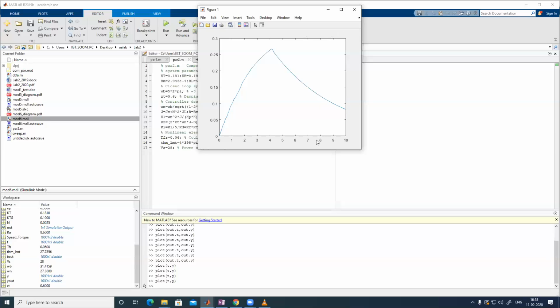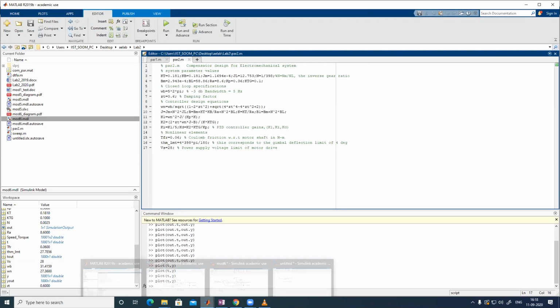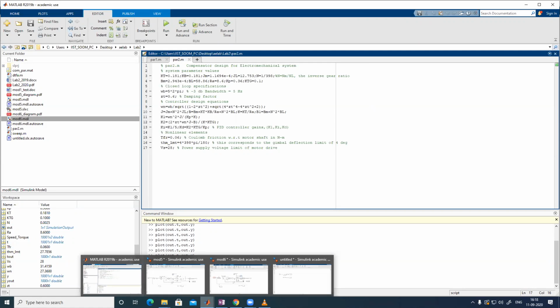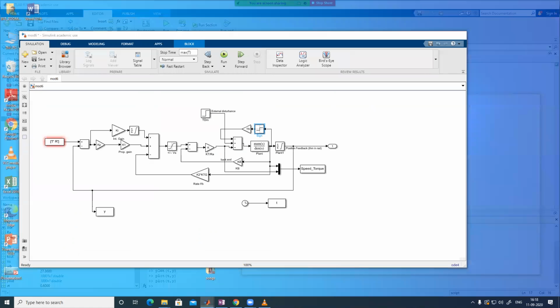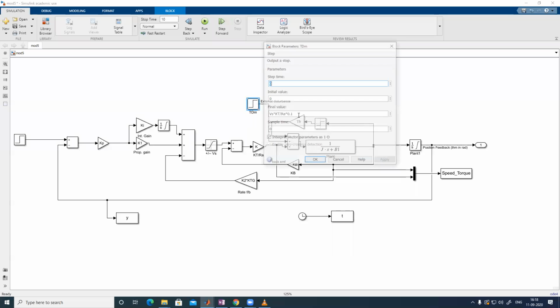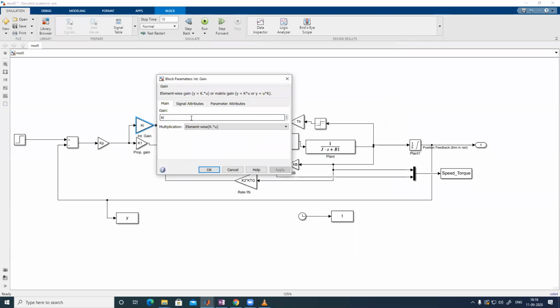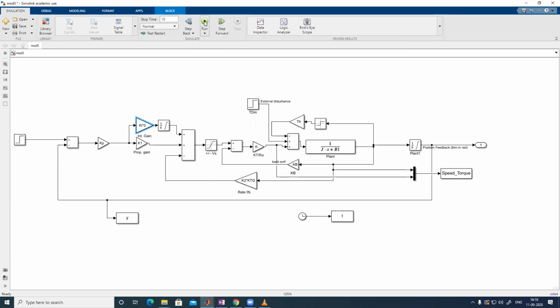Sir, what KI should we use for the first step response? Whatever you were using earlier, that you have to use. Okay, earlier the parameter for K is K1 by 10. Yeah, okay. So for the second case, this TDM you have to make KT into VS by RA multiplied by 0.1, and the first time the KI value will be set to 0. KI multiplied by 0. Then you run it.